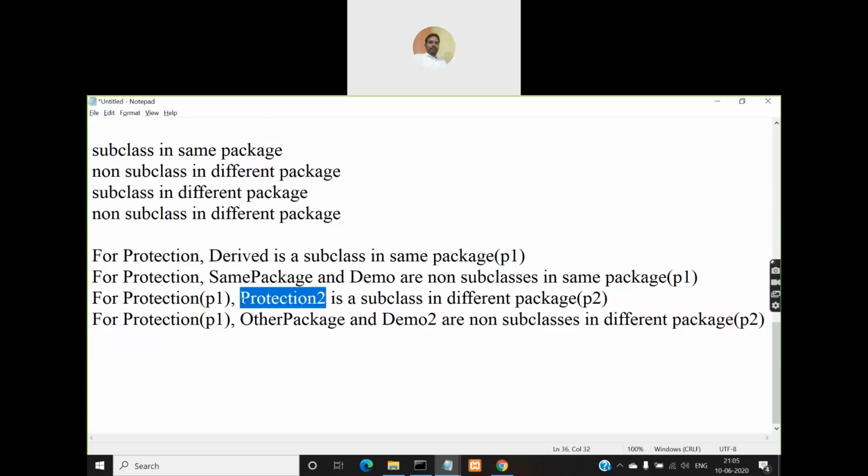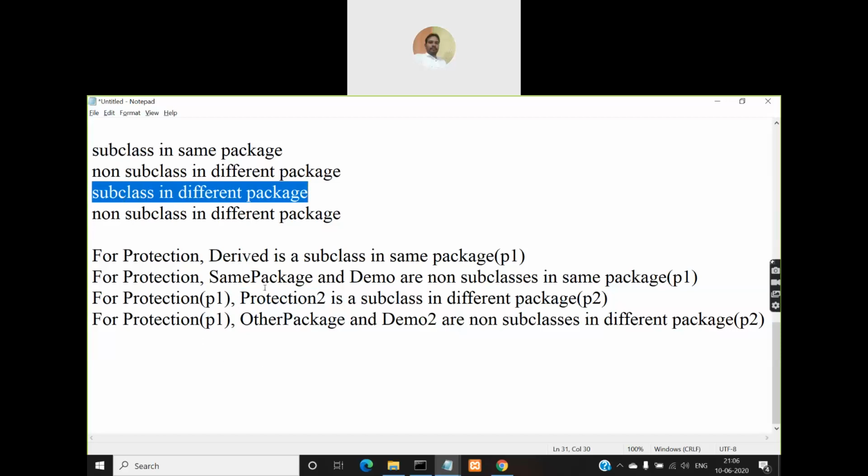What is the relationship between protection 2 and protection? Protection 2 is a subclass for protection, but protection is in P1 package, whereas protection 2 is in P2 package. So this will come under subclass in a different package, the third category.